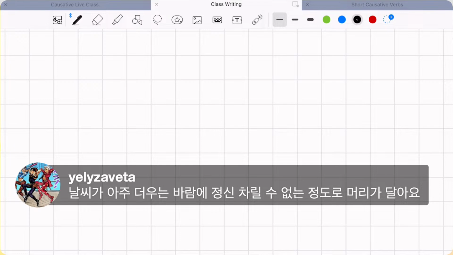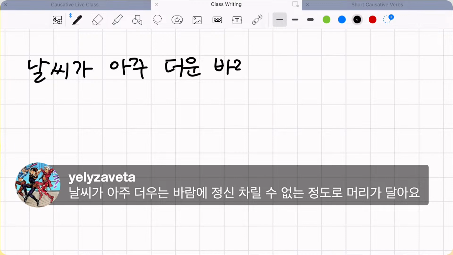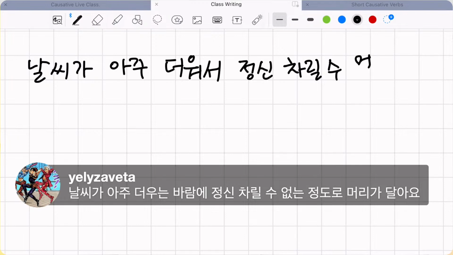아닌가? 아니다. Sorry. 날씨가 아주 더운 바람에 조금 correction 줄게요, 옐리님. 날씨가 아주 더운 바람에 since it's an adjective, you should be using 니은 받침. 더운 바람에 일단은 여기서는 더워서라고 고칠게요. 더워서 날씨가 아주 너무 더워서 정신 차릴 수 없을 정도로